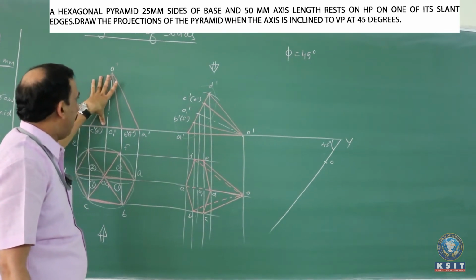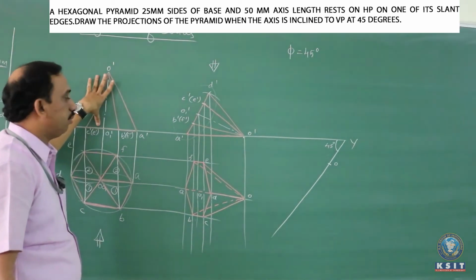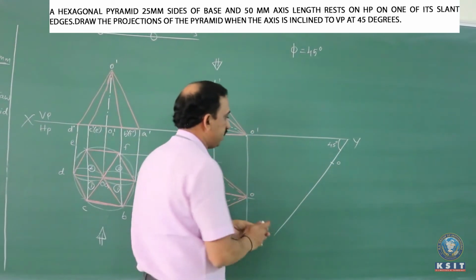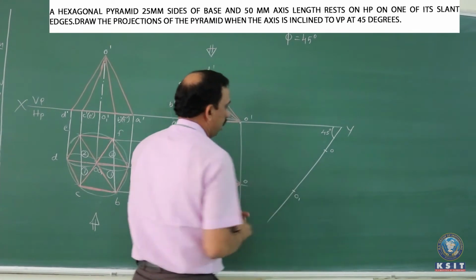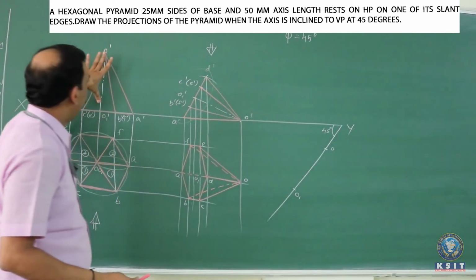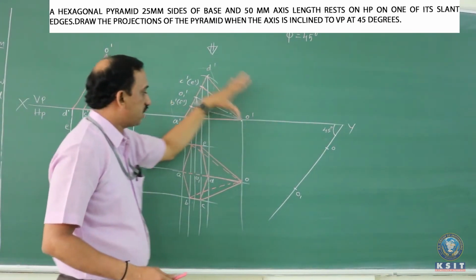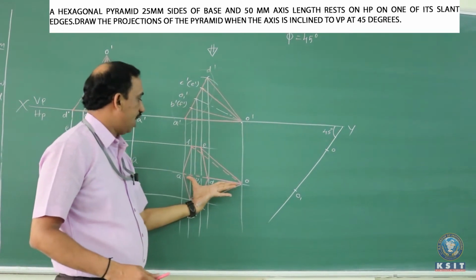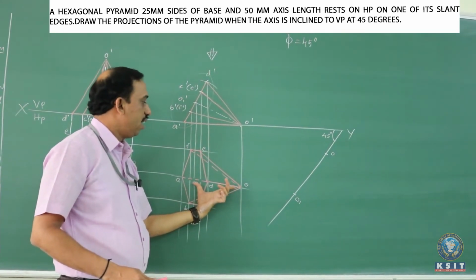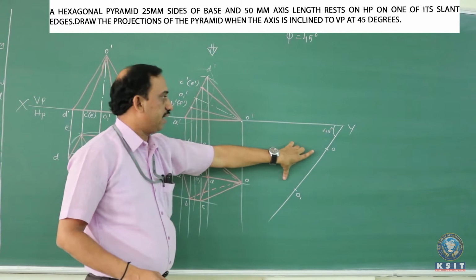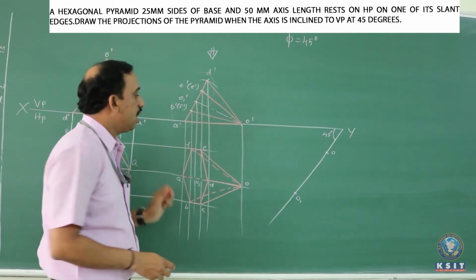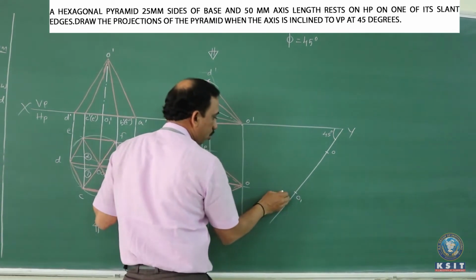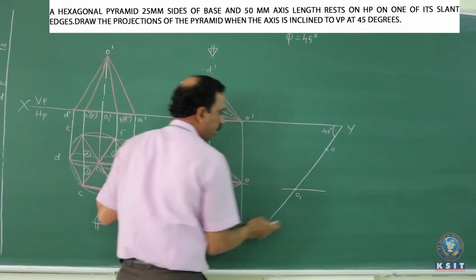Measure O to O1 from the first front view with O itself as center. Cut this to fix O1. This is the true length taken from the first front view. Next, after the tilted position, we should have the apparent length of O to O1. So to fix this apparent length of O to O1, we should have the locus. So let us have the locus at O1.